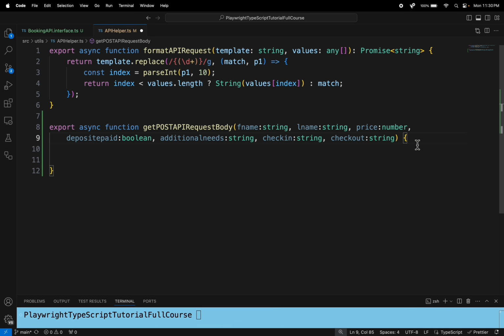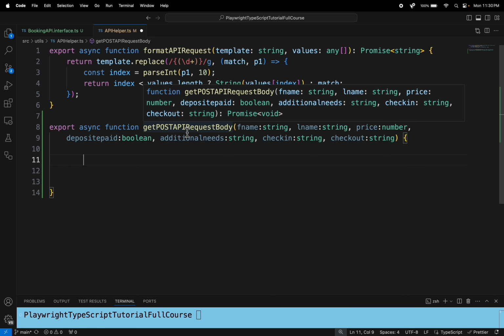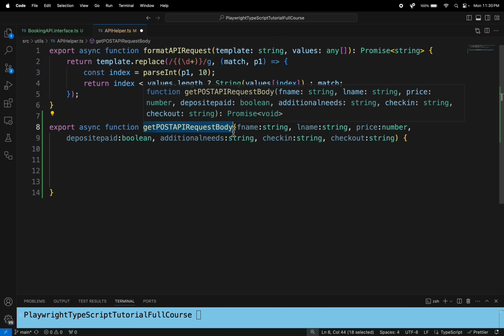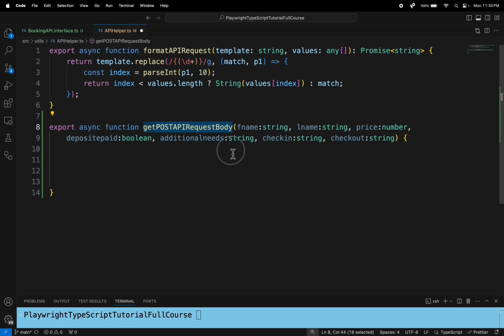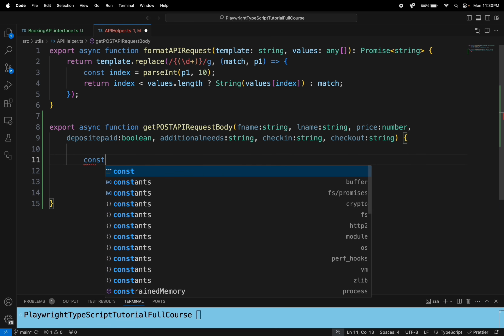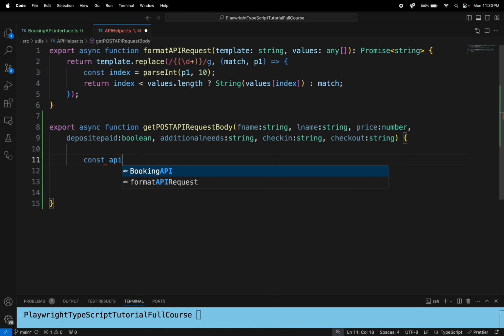So that's it, guys. This method is going to prepare the post API request body, and then finally it is going to return the post API request body by setting all the values, right? So what I will do here is create one constant variable called API request,